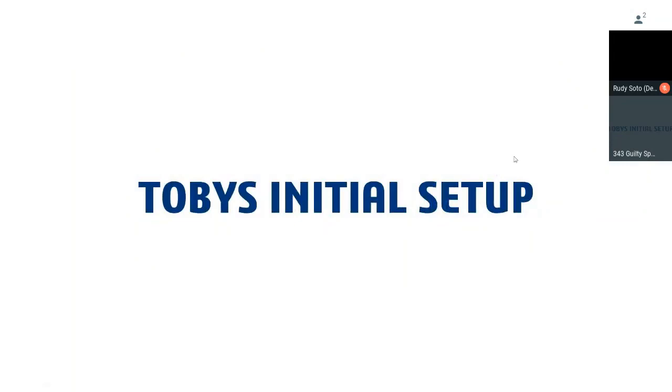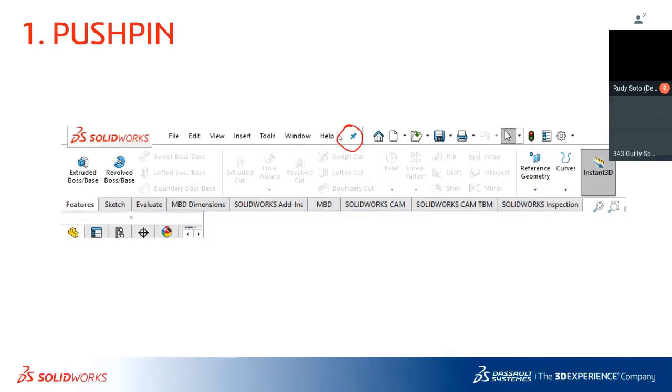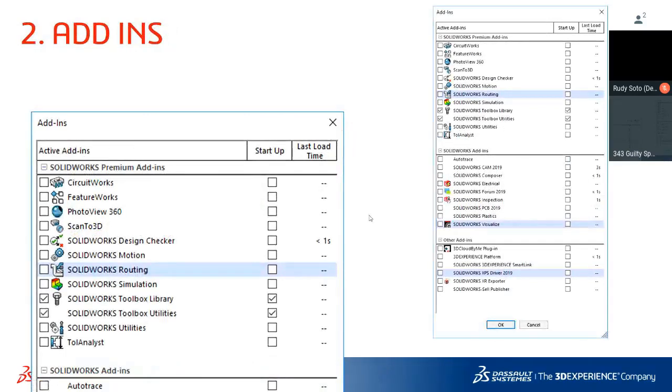The way that I construct this presentation is I just go through and show some of the things that I do when I'm getting the software set up. Some of these things are little things, like I'll hit this little push pin here just to keep that menu showing. Most people probably know about that, so that your pull down menus remain shown there. Turn off all your add-ins, right?